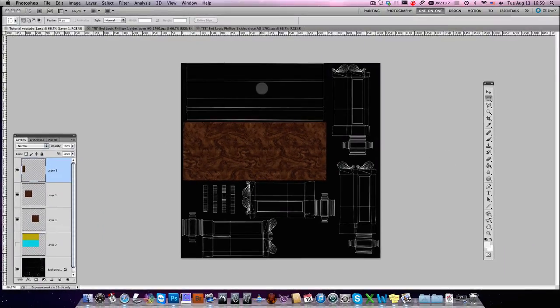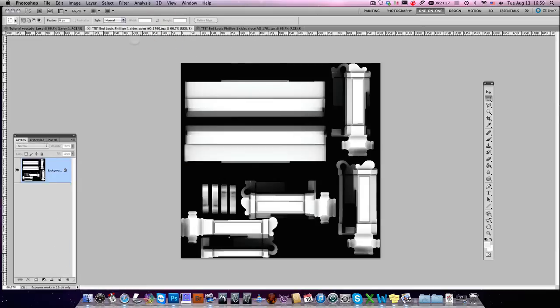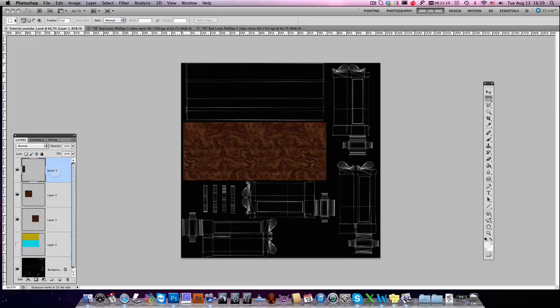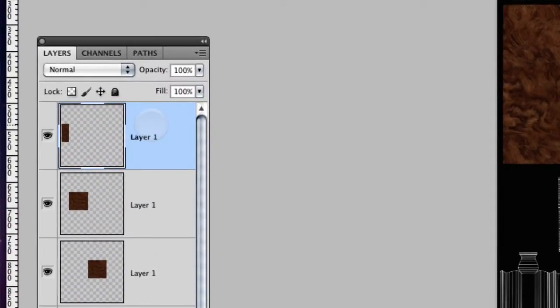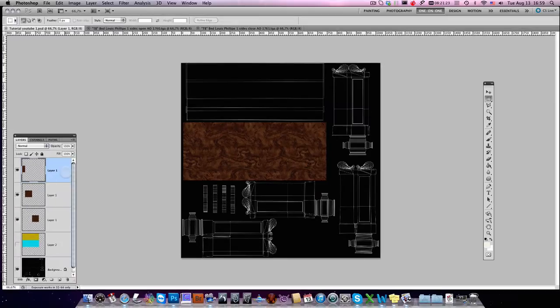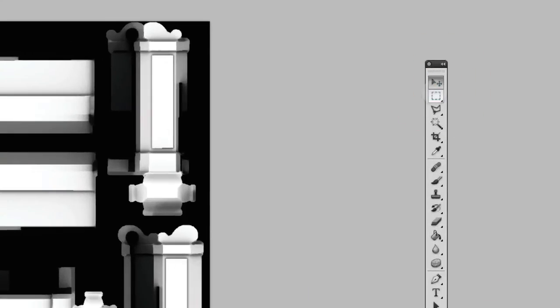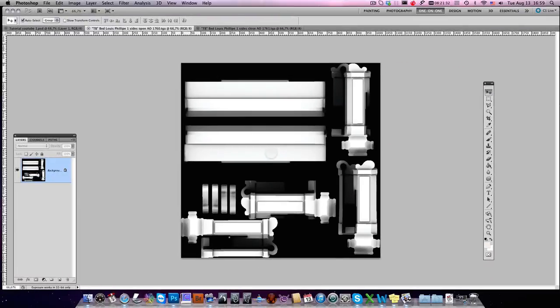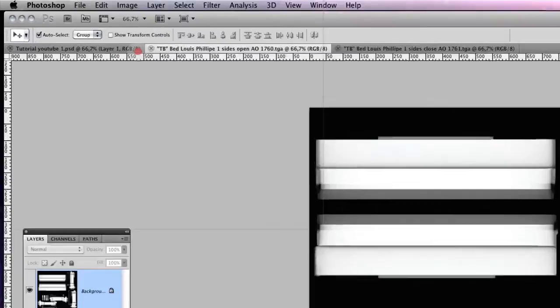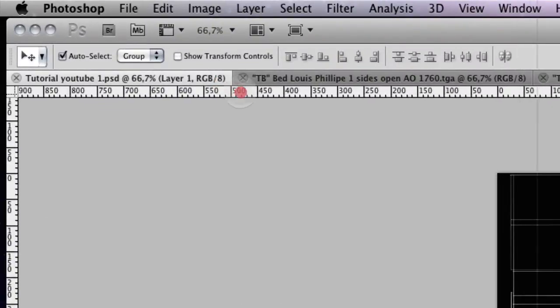Now, first of all, we have to get the ambient occlusion map on top of this, always on the top layer. So select the top layer, select the first occlusion map, take the move tool, click and drag on the first ambient occlusion map, pull it over to there, let it become white again,